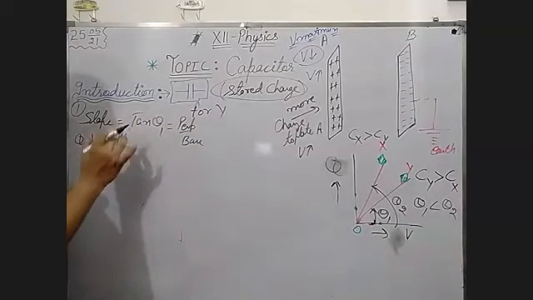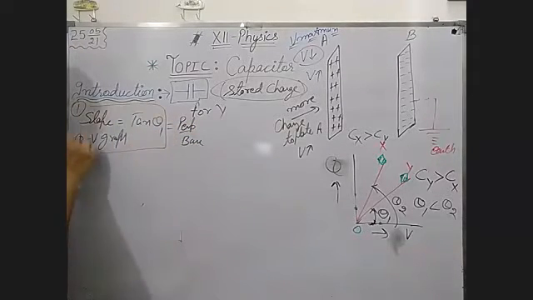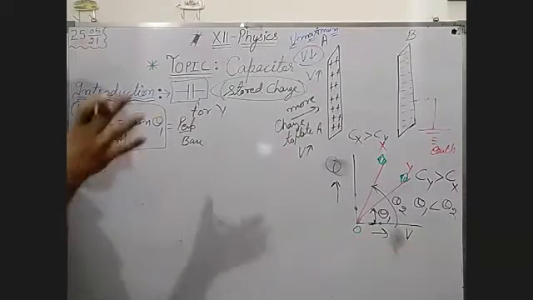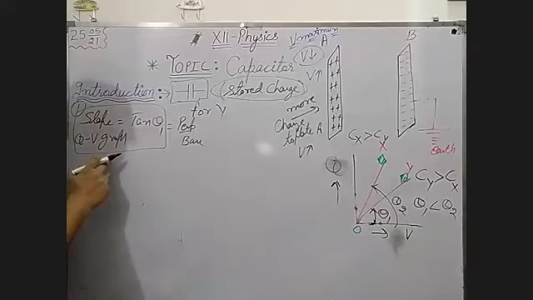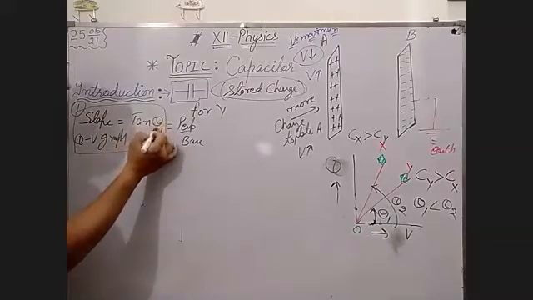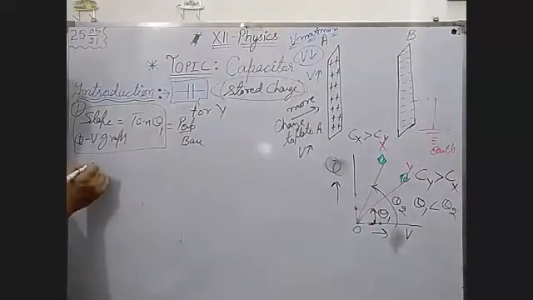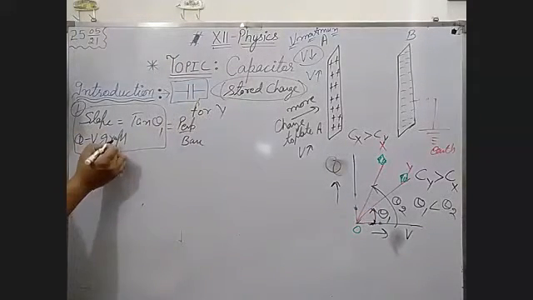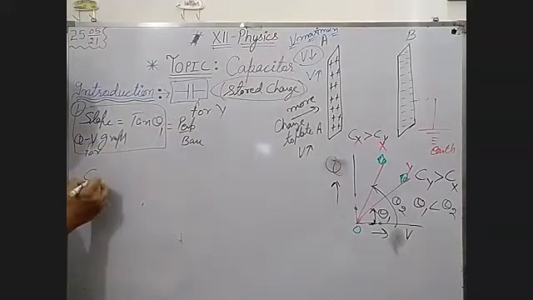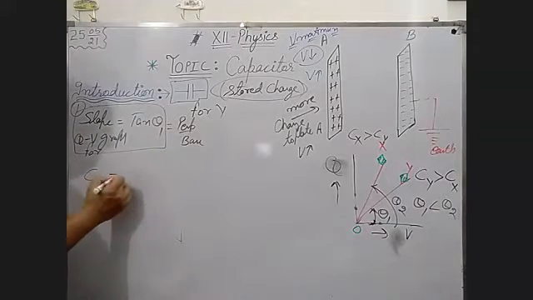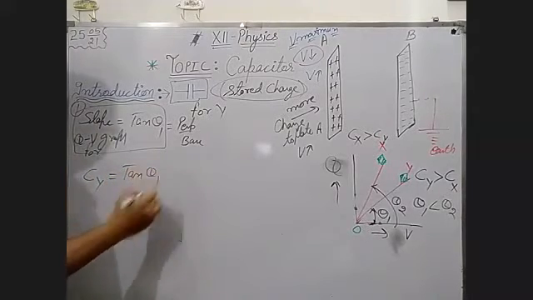In this, we are taking only this thing because if slope is greater, capacitance is greater. Now we are determining the value of slope. Slope can be calculated by the angle, and angle is theta 1. Okay. So slope of QV graph for y means C1 is equal to tangent theta 1.